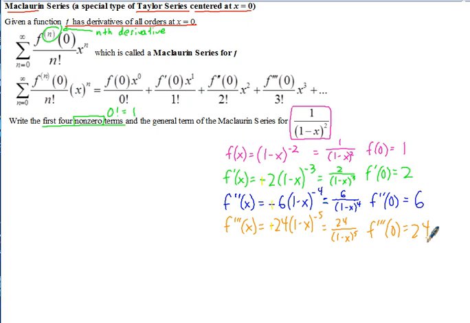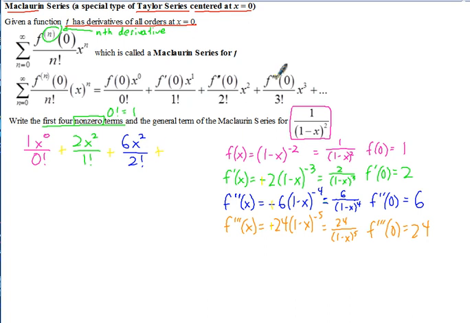So the first term is f of 0, which we just found is 1, x to the 0 over 0 factorial, plus the second term is f prime of 0, which we found is 2, x to the second over 1 factorial, plus f double prime of 0, which we found is 6, x to the second over 2 factorial,